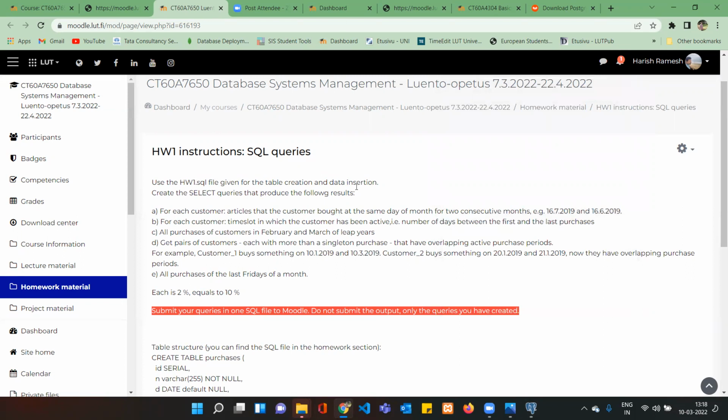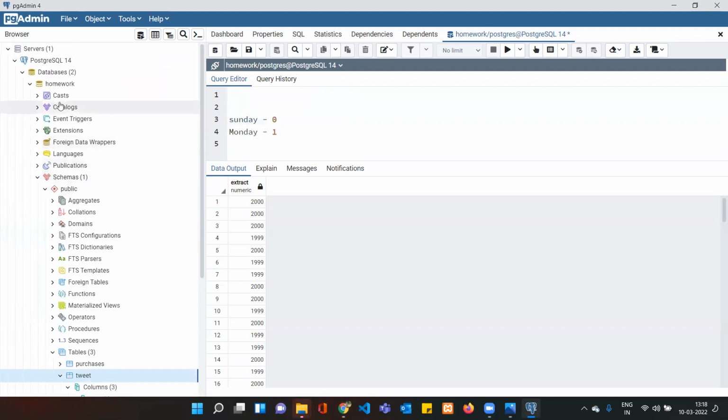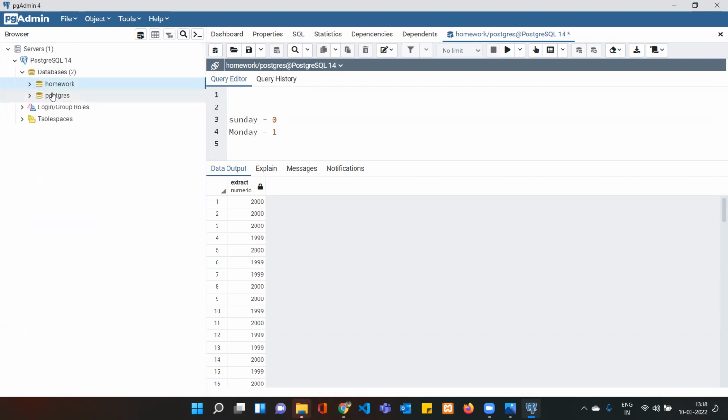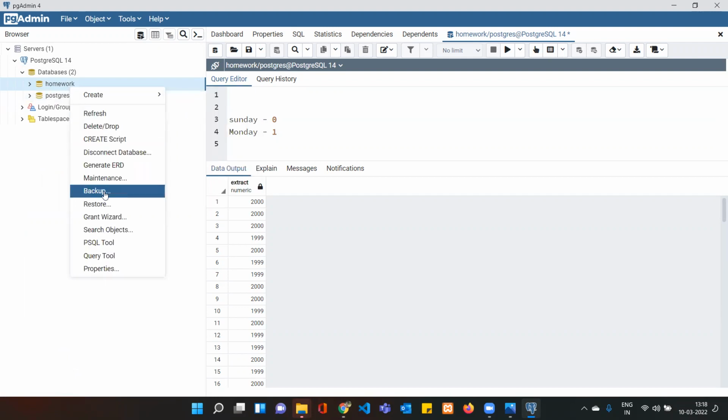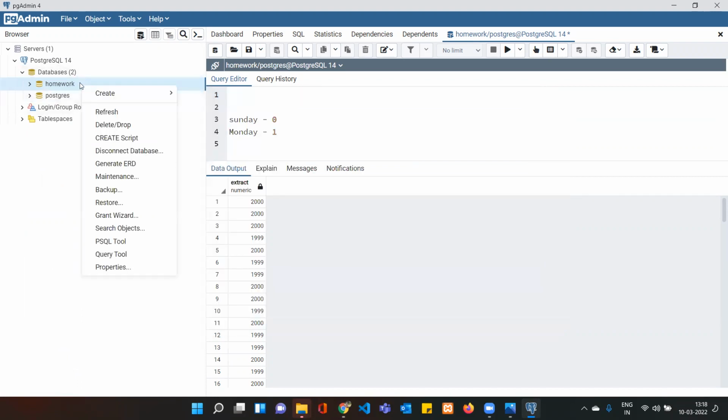Apart from that, there was a question regarding the export and import of databases. So let us do one thing. There are two databases which we created here. I can just say backup. You can just click on the database, right click, and give a backup,